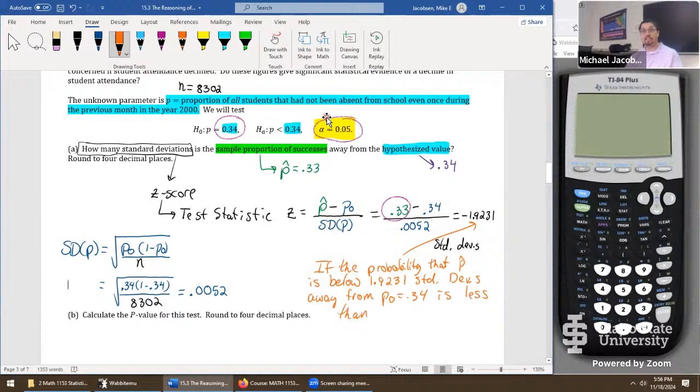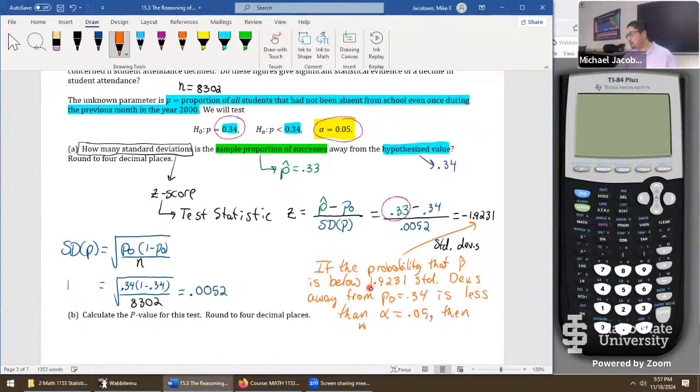We called it the significance level alpha, and that's the decider of the hypothesis test. It's the amount of evidence that we wanted before we reject the null hypothesis. And the smaller it gets, the more evidence we require. So if the null hypothesis is a really, really impressive claim, this should be a really, really small value, since impressive claims require lots of evidence. So if the probability that we're further below the 1.9231 standard deviations from p naught is less than alpha equals 0.05,